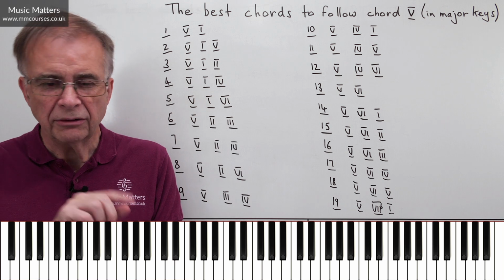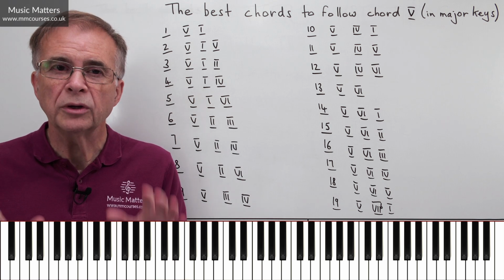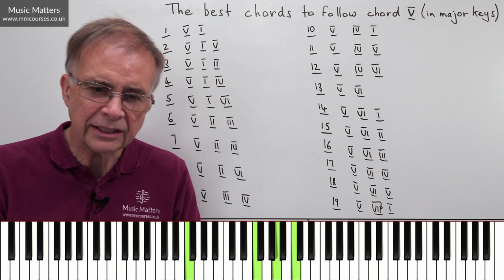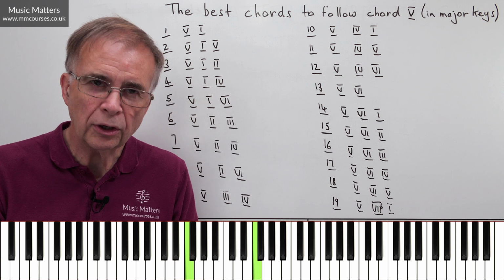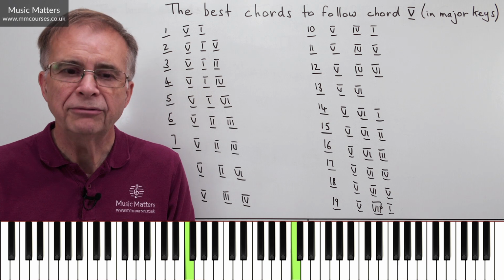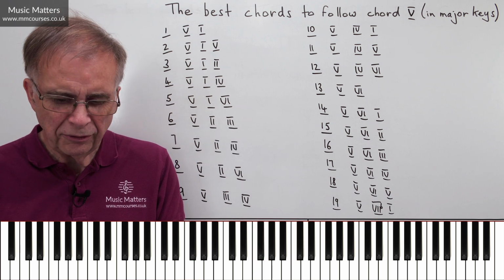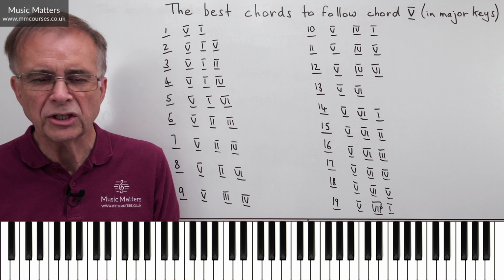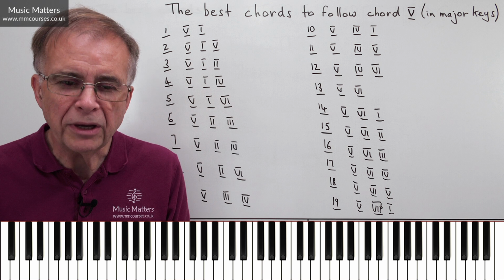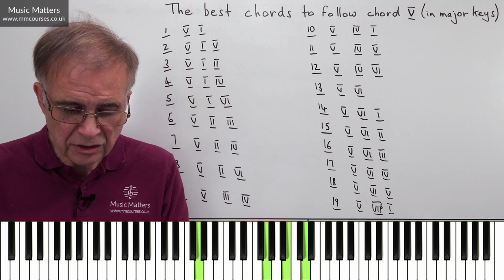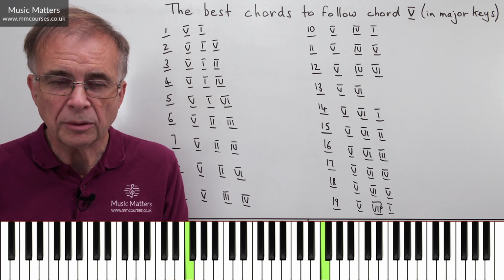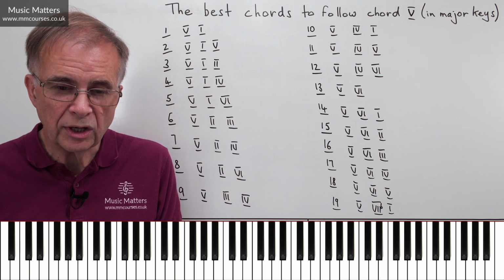The only danger of going 5 to 4 is that often you end up with parallels or consecutives. So if I go 5 to 4 like that, I get consecutive octaves, or what we call parallel octaves, and I also get parallel fifths, consecutive fifths. So if you've got the parts going in the same direction, you'll get those parallels or consecutives. But if you get contrary motion, so if I go 5 and I try to move the right hand notes up while the bass moves down, I don't have any of that trouble. And it sounds like quite a strong progression.